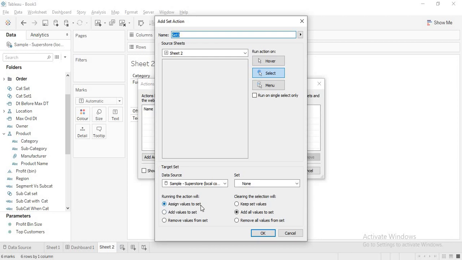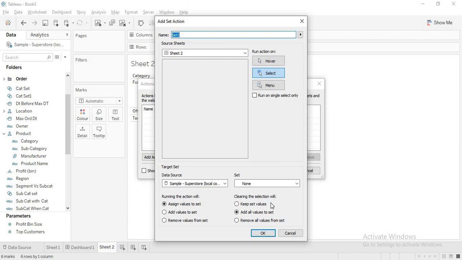Assign values to the set means whatever the previous values are in the set, those will be removed and these new values will be assigned. If I say add values to the set, the present values remain as they are and these new values are added to that. And remove values from the set, whatever value you select will be removed from the set and the rest will be shown, just like exclude when you are using filters.